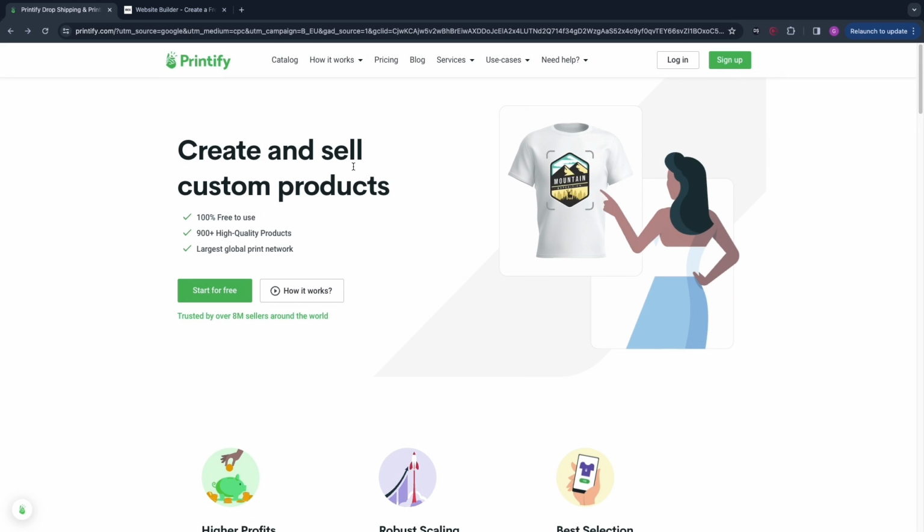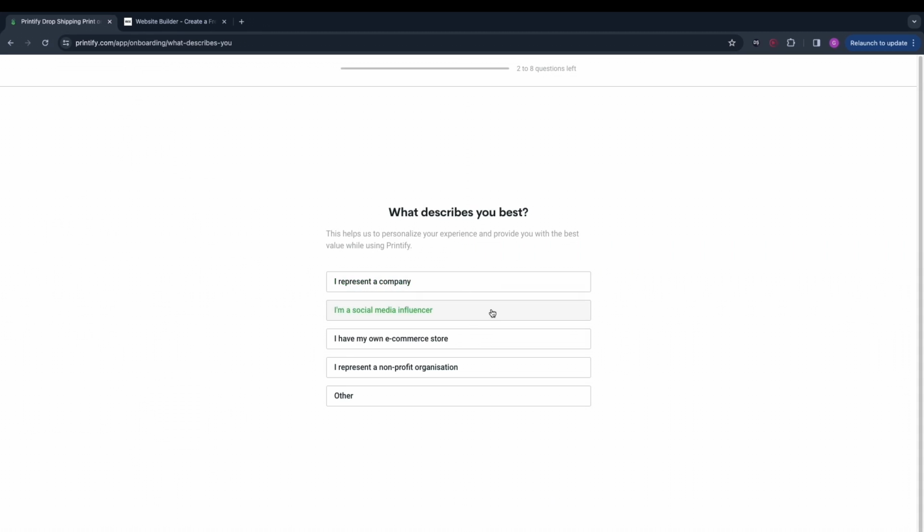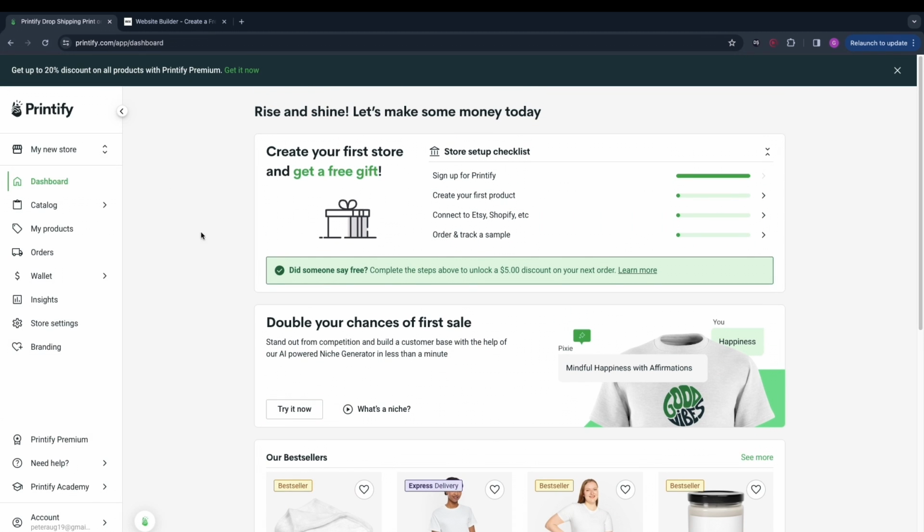So first you want to go ahead and create your Printify account, so click on the link down in the description and then click sign up. Now here I will just sign up with Google, and now here just go ahead and answer these questions right here. So then once you have created your Printify account, which will only take a couple of minutes, you now